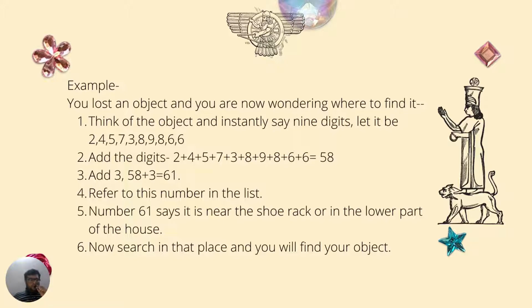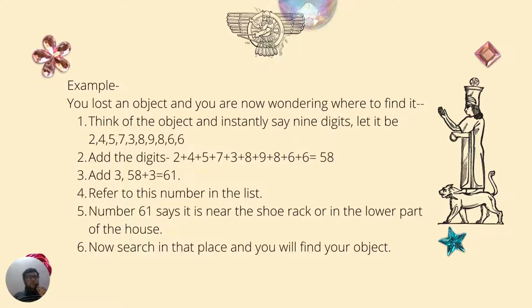Now what we have to do is we have to add all these 9 digits. So 2 plus 4 plus 5 plus 7 plus 3 plus 8 plus 9 plus 8 plus 6. So the sum is 58. Now we have to add 3 to the sum. The sum we now get is 61.